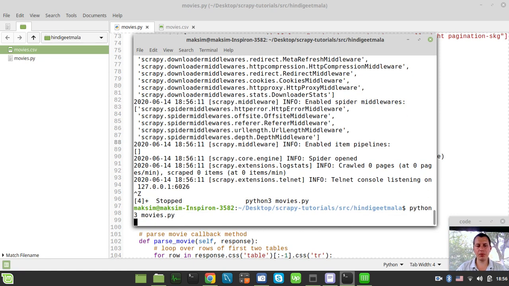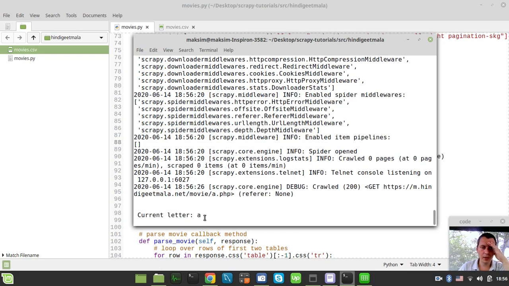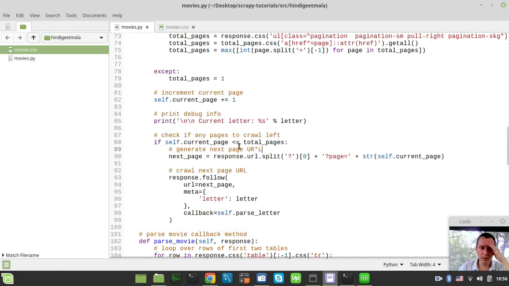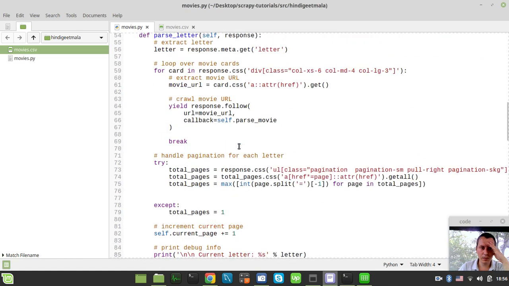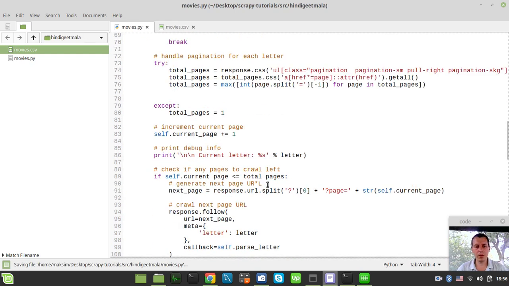Yeah, some telnet ports are just very laggy for some reason. No idea why this is happening. Okay, current letter A, and then we didn't print anything, and it seems like okay. So I just don't want to crawl anything here for a while,